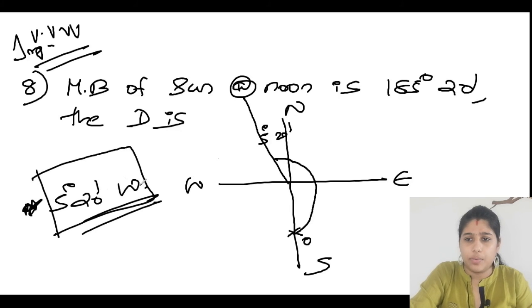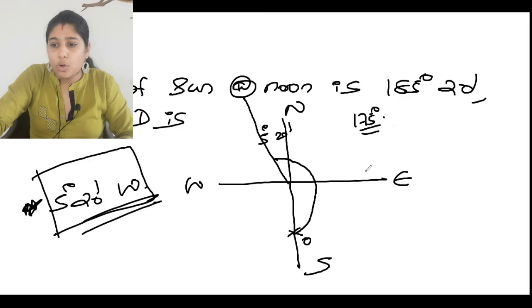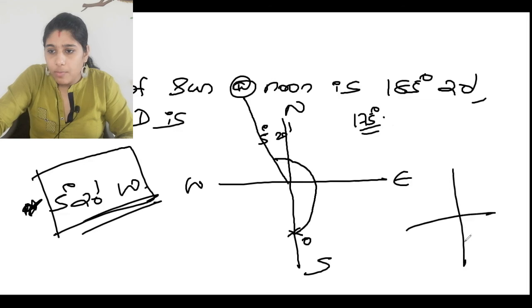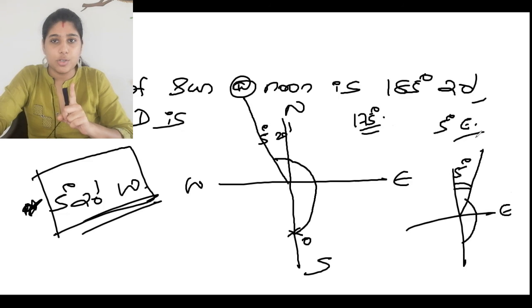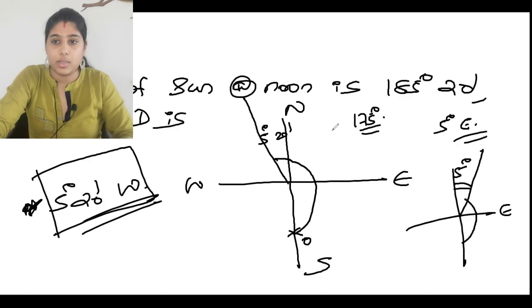So any angle if it is given, suppose the question is 175 degree, what you will understand by this, from the 0 point it has moved till 175 only, that means what is remaining, 5 degrees remaining, that means this is east, that is 5 degree east will be the declination in this case. Understood now clearly? It is a very very important question.